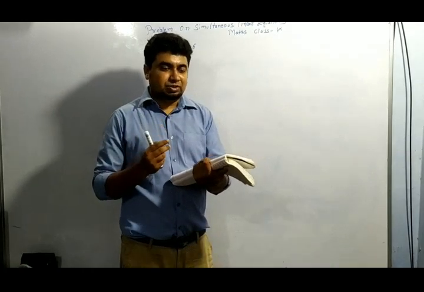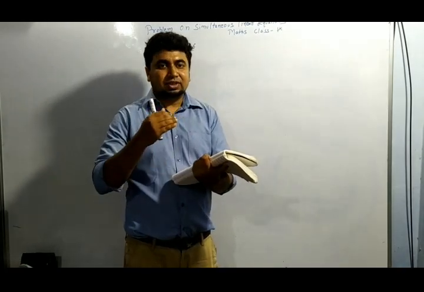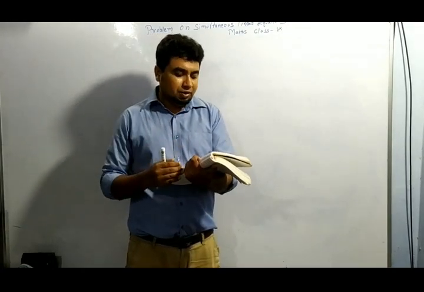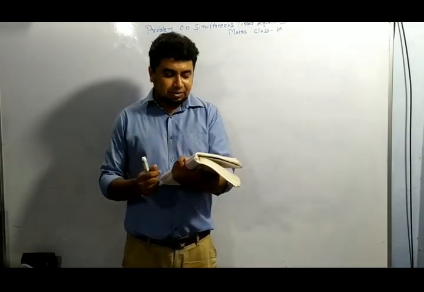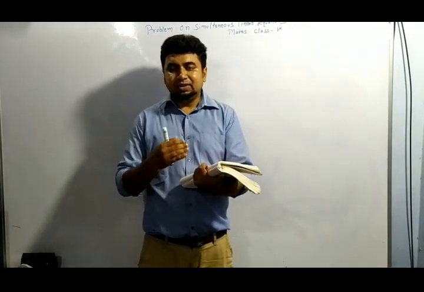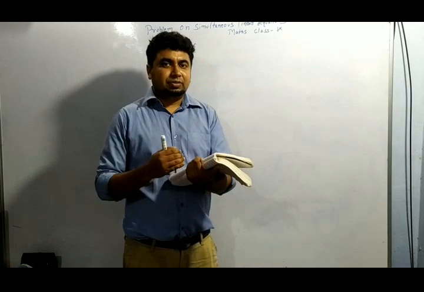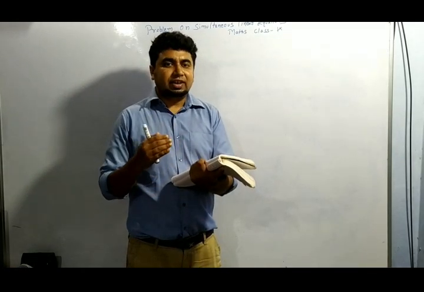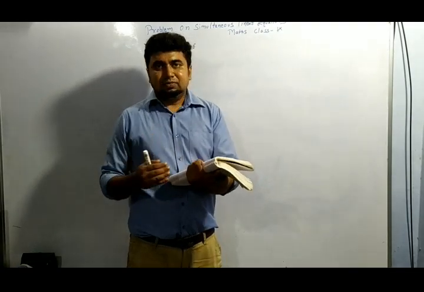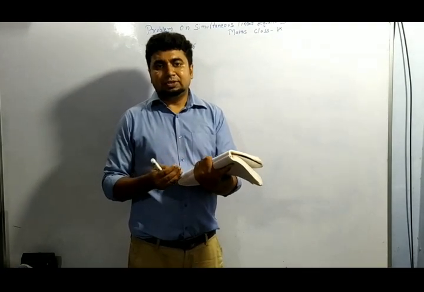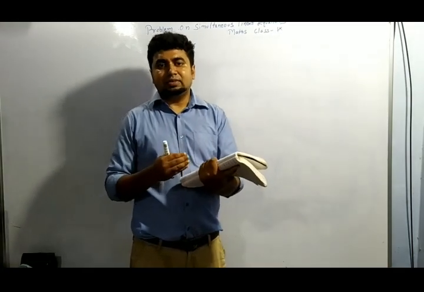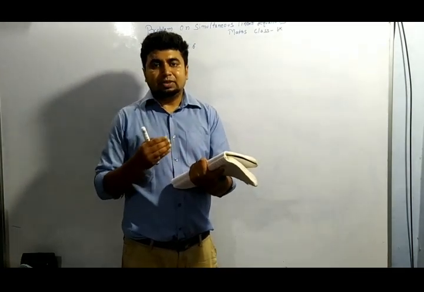This is the second step. The first step is to read the statement carefully, because a word problem means a problem stated in words. The second step is to represent the unknown quantity by letters. The third step is to determine the expression, and then try to solve it by three methods. We know the three methods: one is elimination, another is substitution, and the third is cross multiplication.